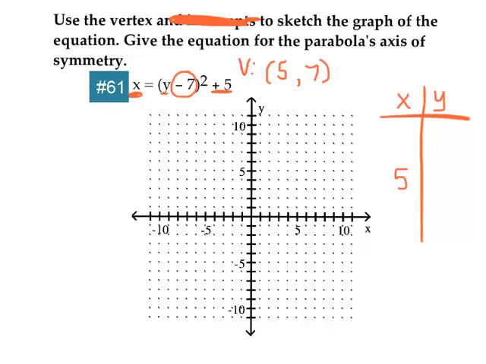So we stick that in the middle of our table of values, and then we pick values that are close to the y value we have, because that's where we're going to plug in, on this side where the y is. So close to 7 is 5, 6, 8, and 9. And then we'll be doing like 5 minus 7 squared plus 5 in our calculator to figure out what should go right here. So that should be